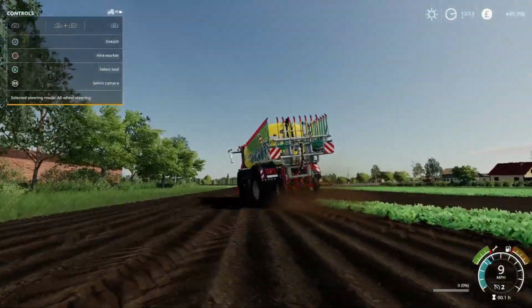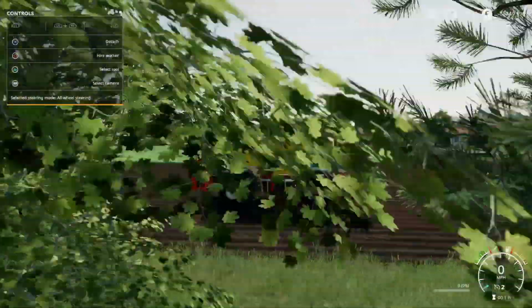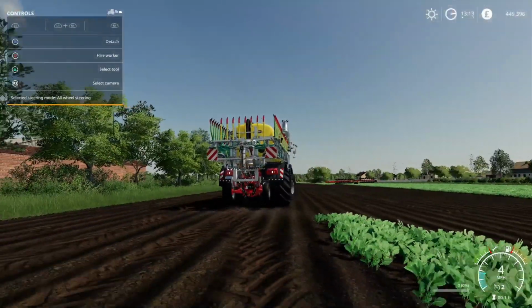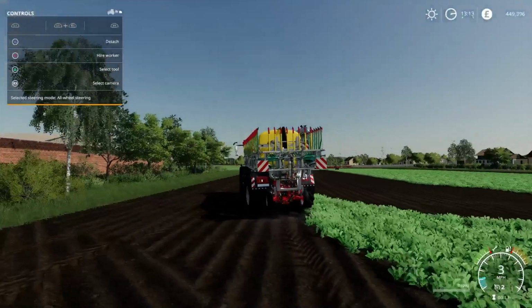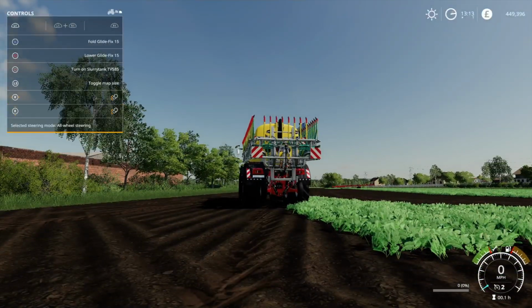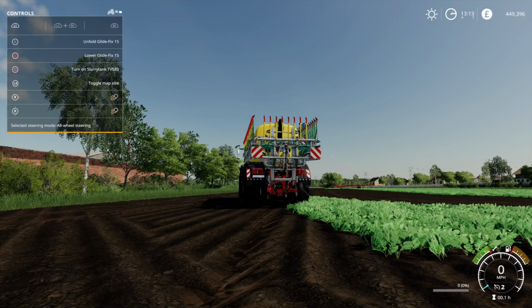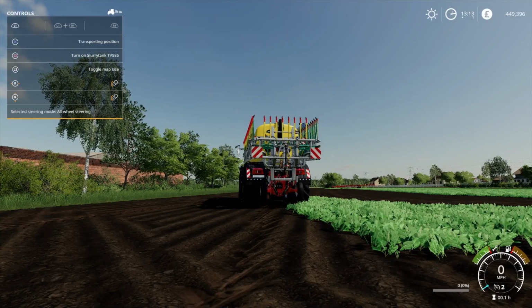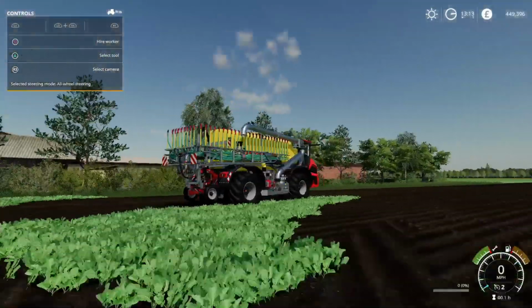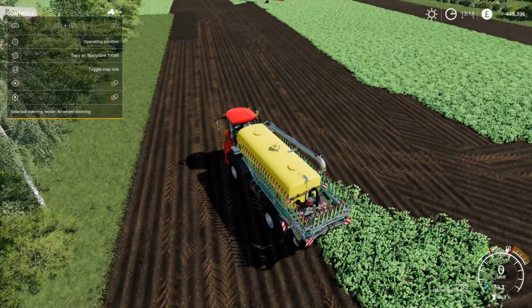Whoa, where's that one off? What's going on with that? That was dropping into the ground. Is that because of this wheel crack? Anyway,